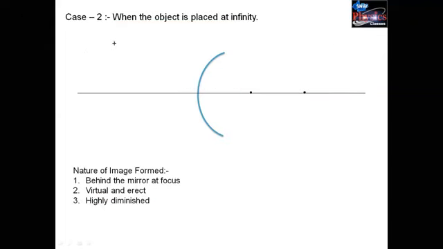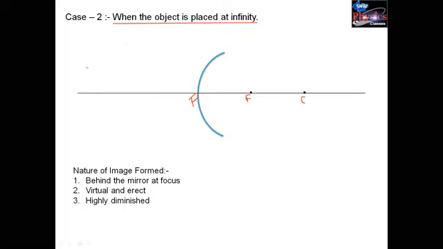Now we have the second case of image formation in convex mirror. The second case is when the object is placed at infinity, means the distance is infinite. We don't know the distance. Let it be P, that is pole, principal focus, and C. Again, we will see the same rule,